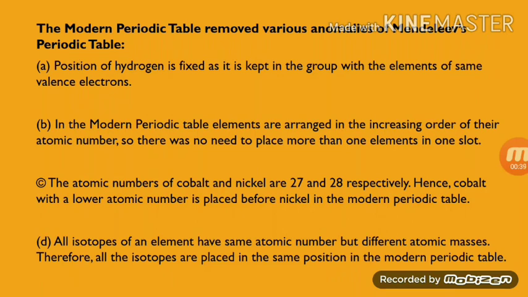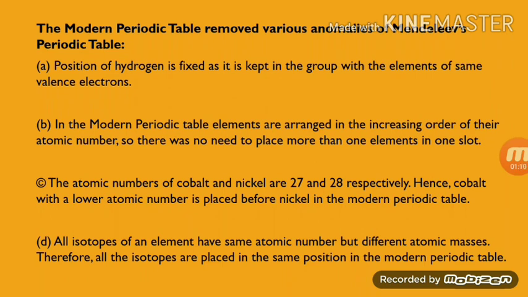B. In the modern periodic table, the elements are arranged in the increasing order of their atomic number, so there was no need to place more than one element in one slot. It is clearly seen there is only one element in one slot, right? So this is one of the advantages over Mendeleev's